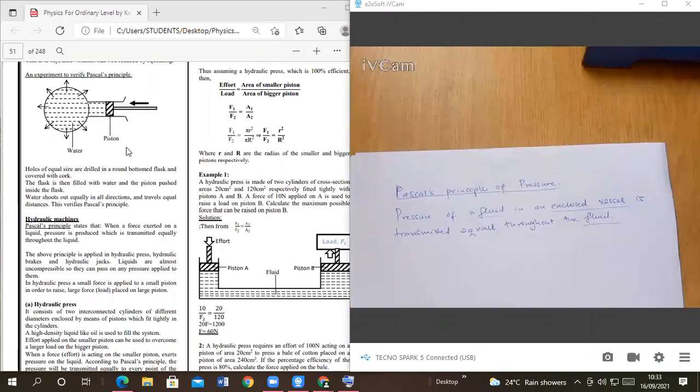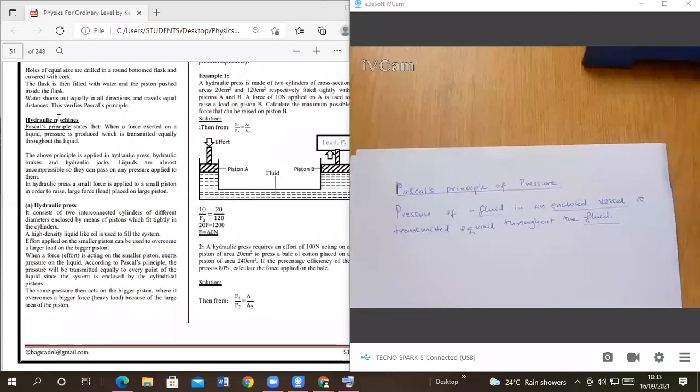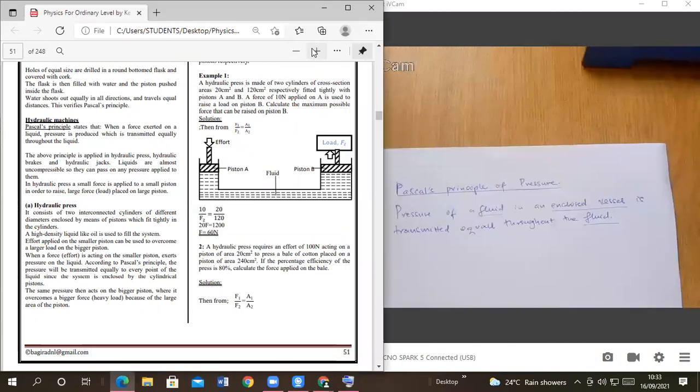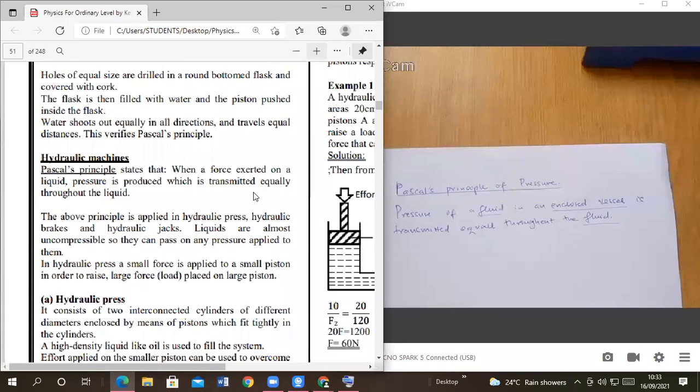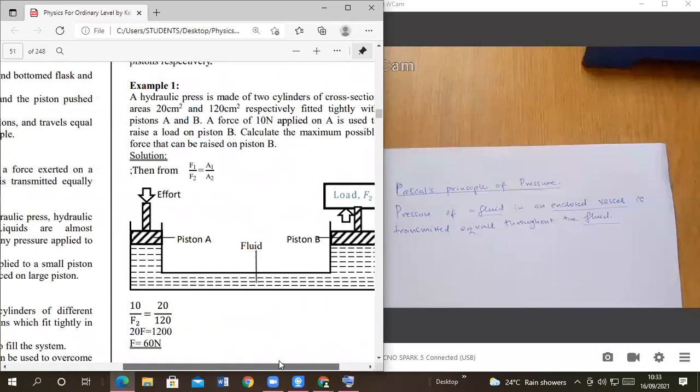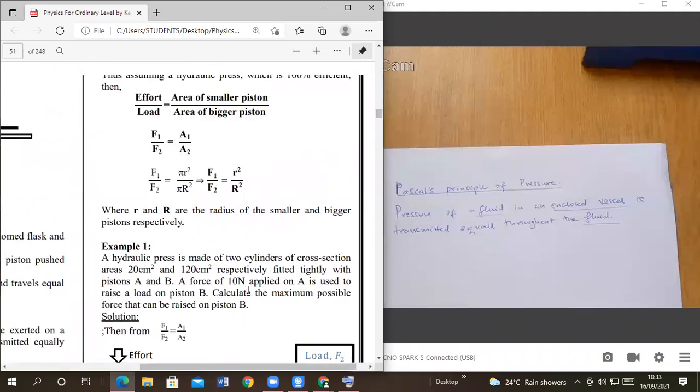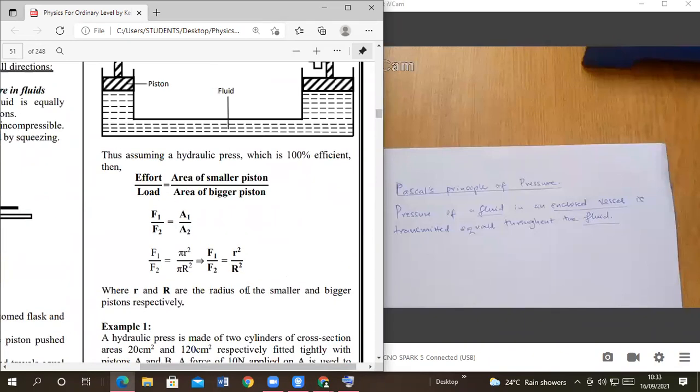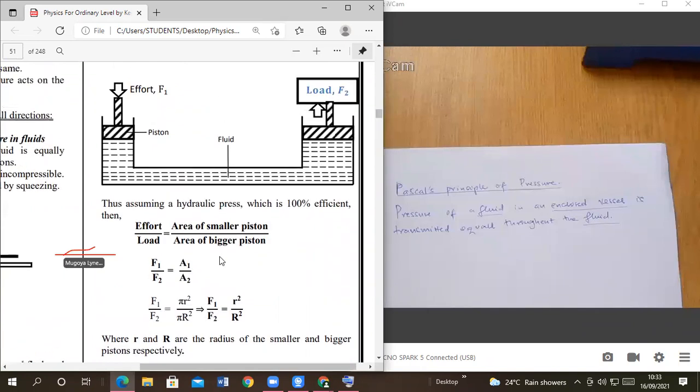So we looked at the applications of Pascal's transmission of pressure. One of them was the hydraulic machines. We looked at the hydraulic press as one of them, and we came up with a formula. Let me zoom this in and you can see. So we came up with a formula, and we say that if you want to determine the force that is on one side,